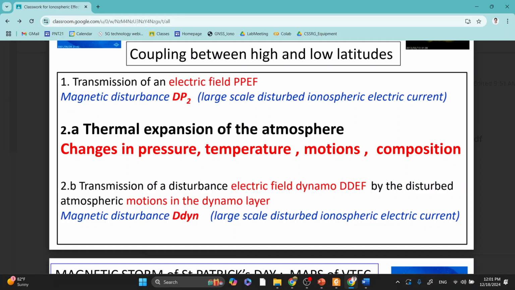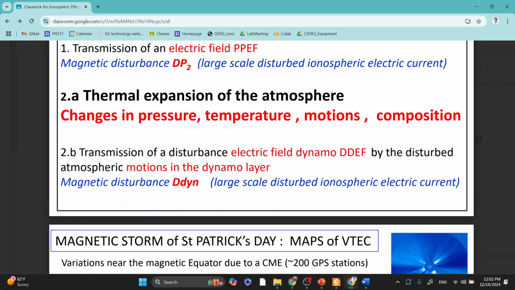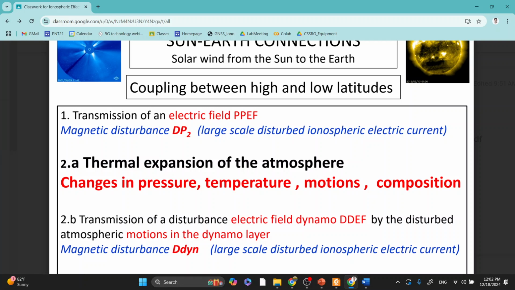Okay. And there's also another phenomenon called disturbance dynamo electric field, DDEF. I think they will talk about it below here. So for the PPEF, the parameter that we look at is dP2, and for DDEF, the parameter that we look at is called Ddyn. Okay, and